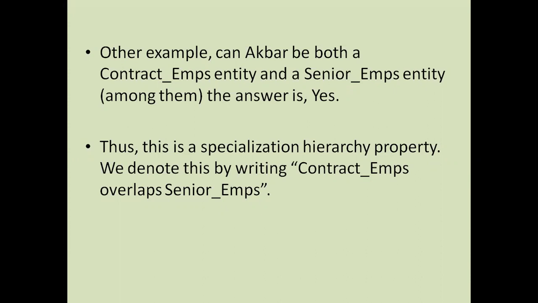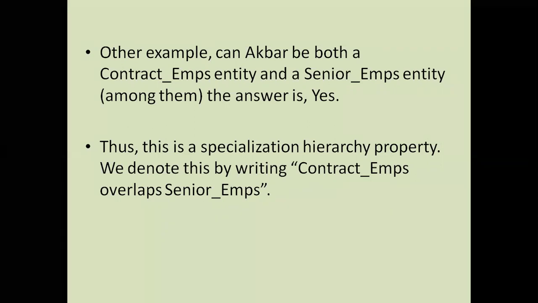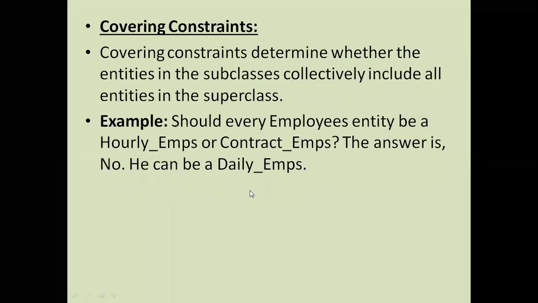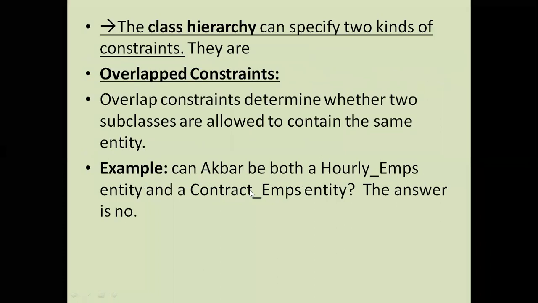So in some types of situations, maybe the same chance applies in the case of our employee also. So we need to consider another attribute, that is senior employees. Then there is no problem. I hope all of the members were able to understand. So overlapped constraints means these constraints overlap with some other attributes. At this time, we can't identify clearly which type of attribute it is.